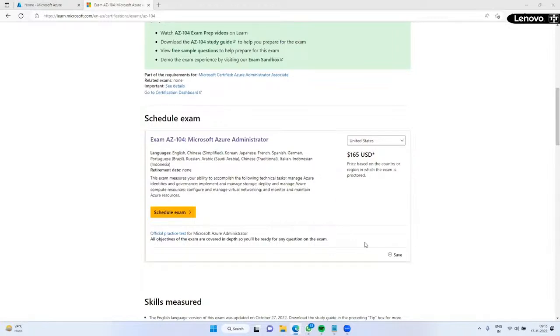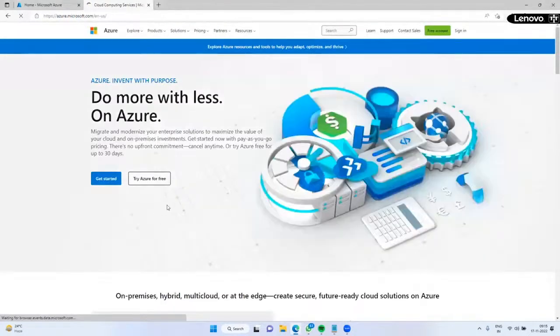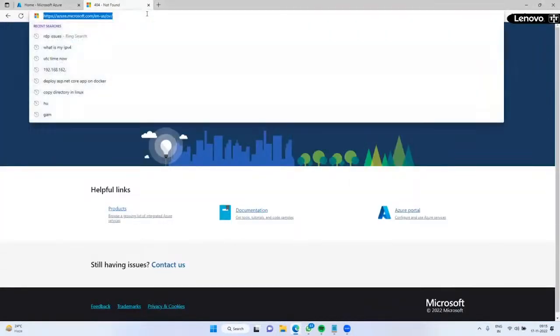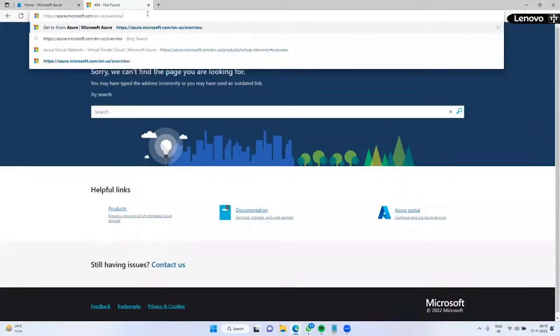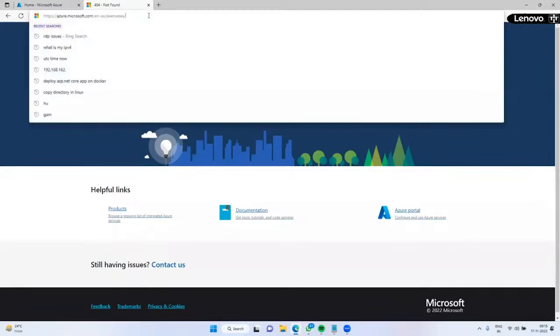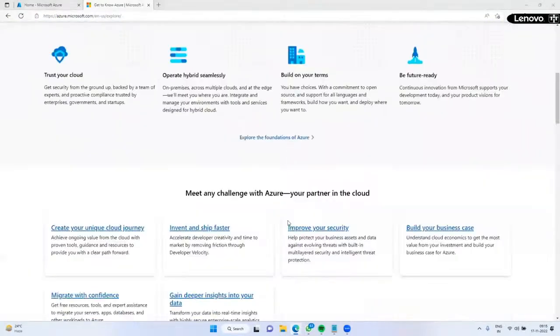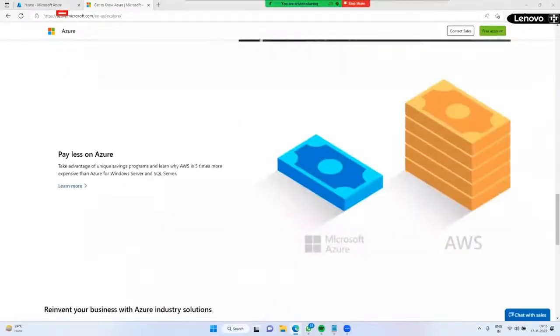Any more questions? Yeah, see here, if I go to azure.microsoft.com, overview, Microsoft itself has provided a difference between AWS and Azure. This is the Microsoft official site.